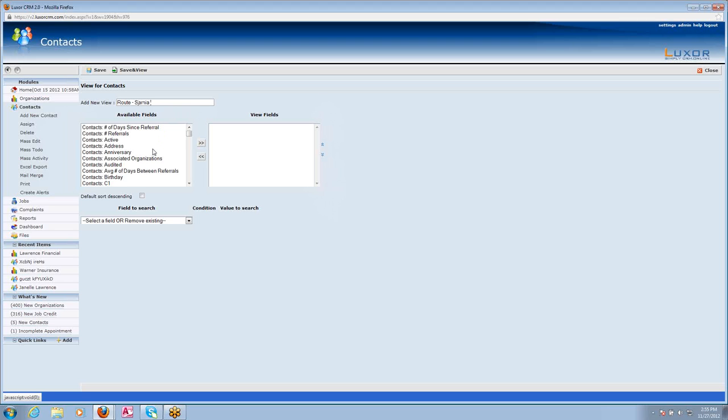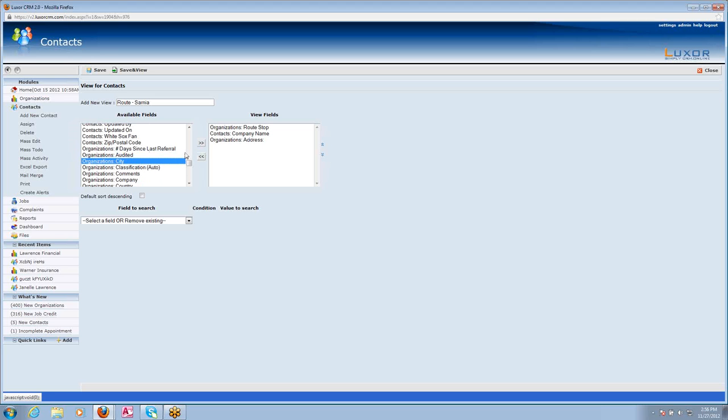The next thing we're going to do is select what columns and fields we would like to see within our view. If you are using Route Stop for sequencing, the first field that you want to pull into your view is Organization Route Stop. Because the view is only going to show stops within a specific route, we do not need to pull in the route field. Next we're going to pull in the actual name of the office, in this case company name, followed by the address of the organization,